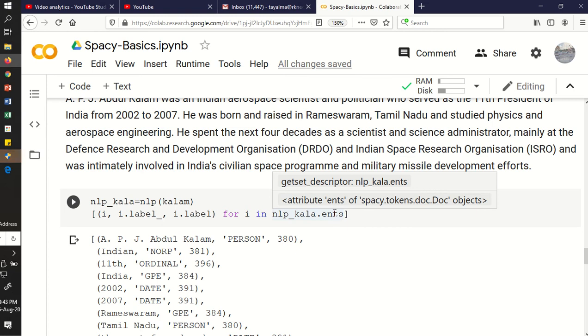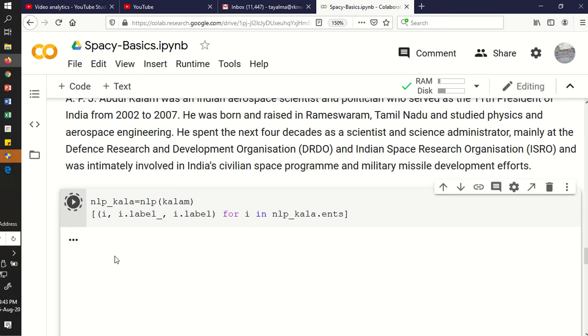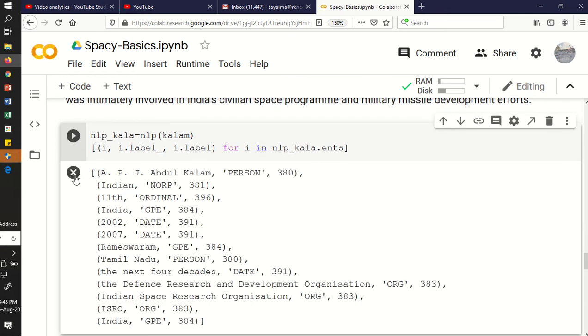This method is responsible for tokenizing as well as giving the entity recognition. So you can verify the syntax of it, and then you directly apply for i in that variable and .ents method.